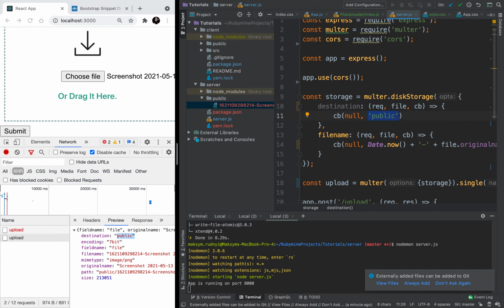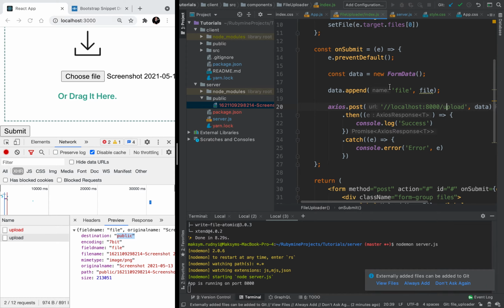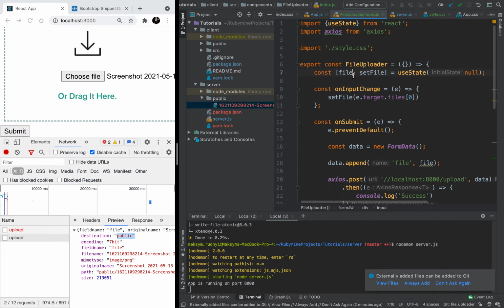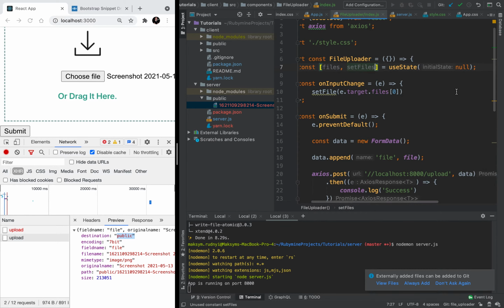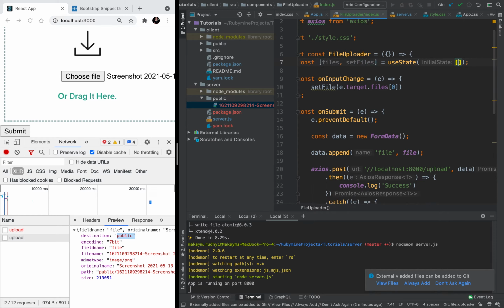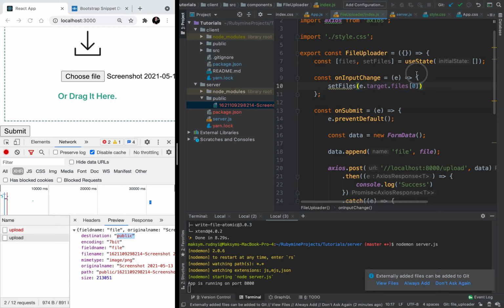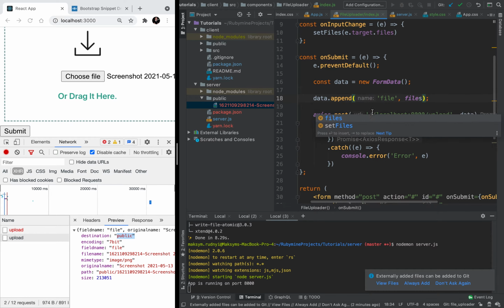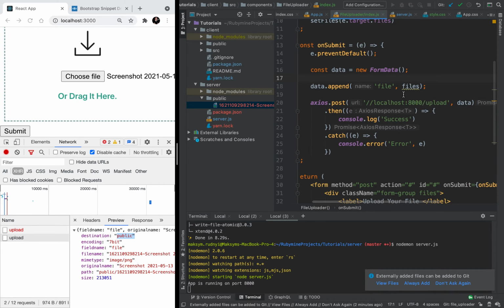The next step, let's add the possibility to upload multiple files. What do we need? We go to uploader. For the form, let's change multiple. We will allow uploading multiple files. The next step, let's rename files, then it will be array, set files, and save all files, not the first one. Okay, and what we need create data,